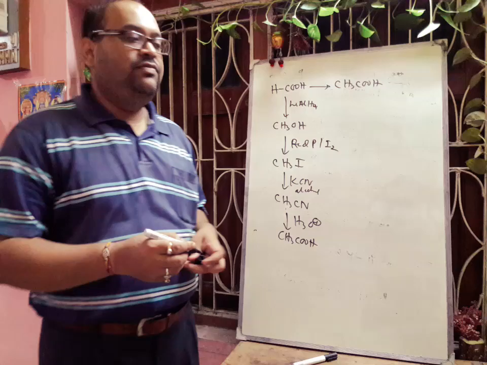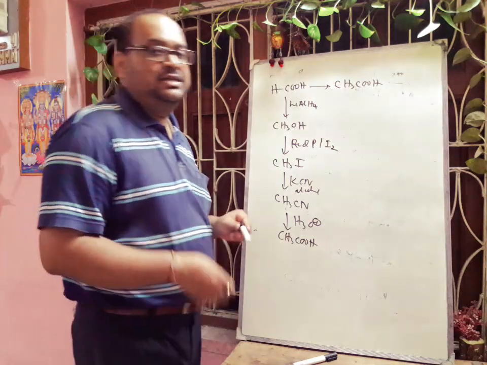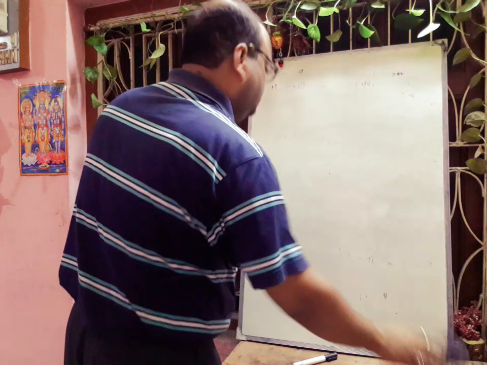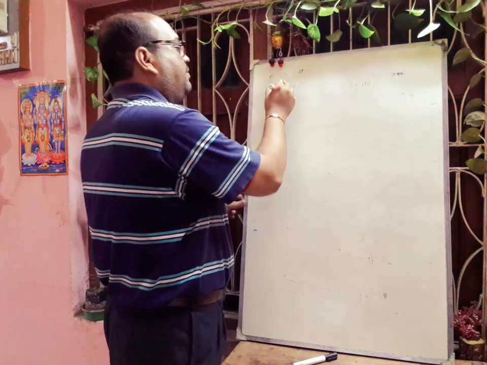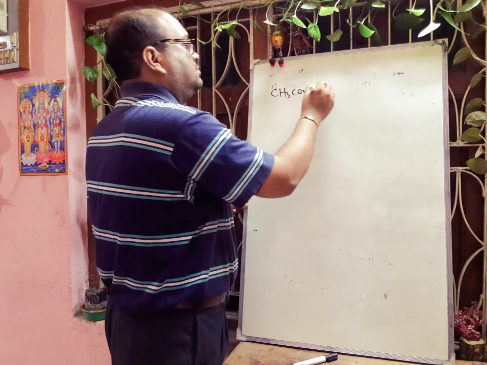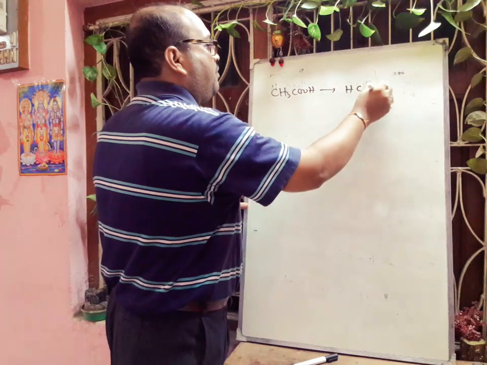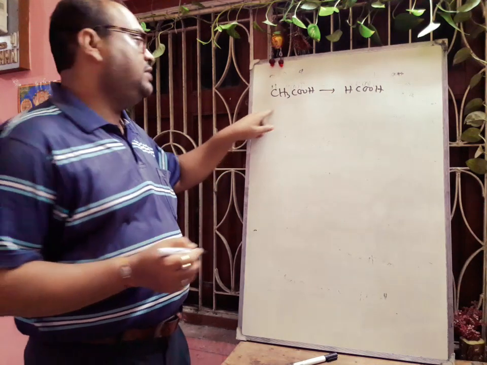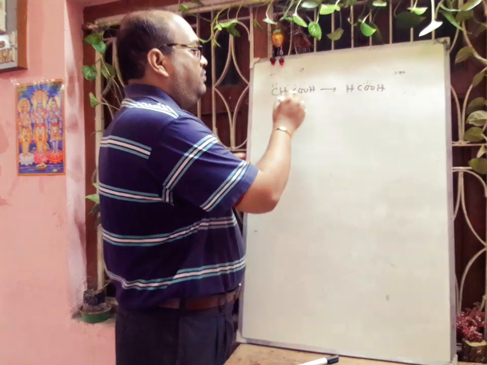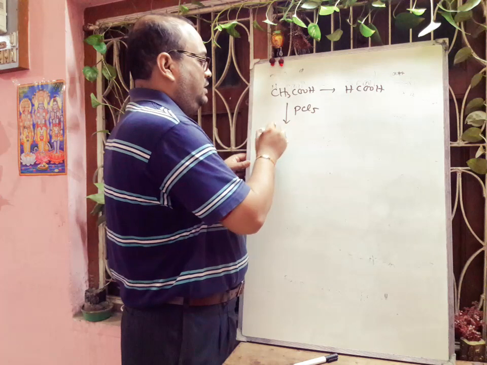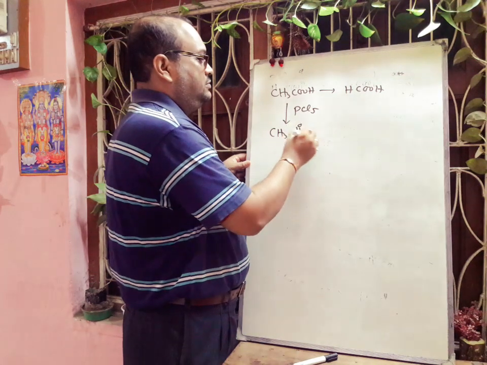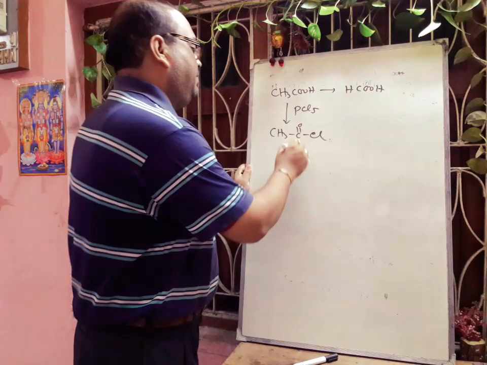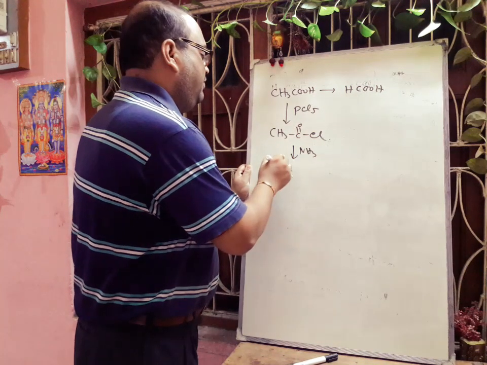Okay. Now, if we want to do the reverse, that means acetic acid to formic acid, step down reaction. How will you convert? First, acetic acid we have to convert to acid chloride. If we add PCl5, then it will form acetyl chloride. Now with this acetyl chloride, we have to react with ammonia. Ammonia will form amide,